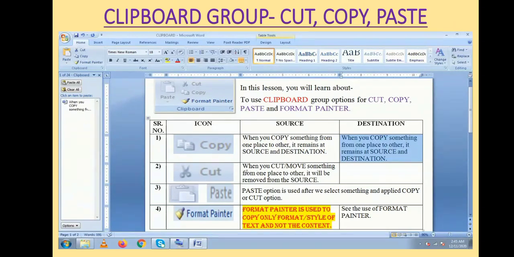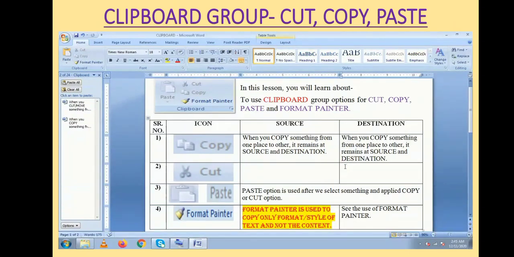Now how to cut or move your text from one place to other. Now here you understand one difference between copy and cut. When you copy something and paste it somewhere, it remains at source as well as destination, as you can see in the table. But if you cut something, then see what will happen. It gets removed from the source.